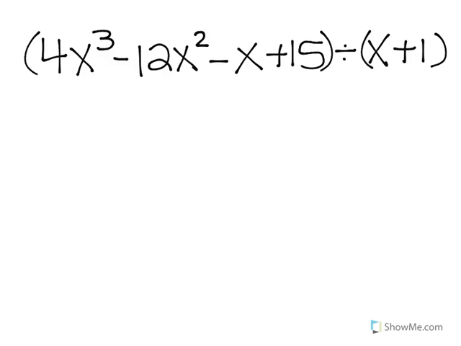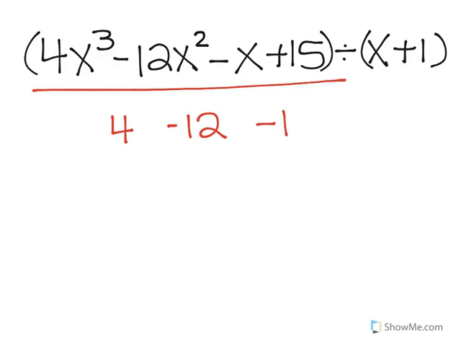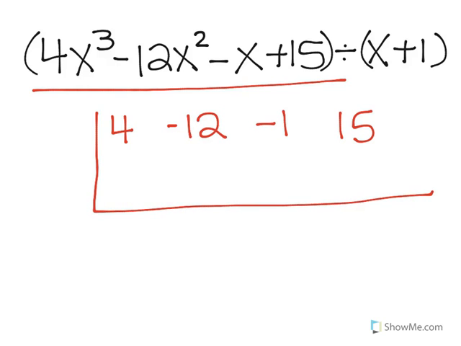The first thing we're going to do is take the coefficients of our dividend, what's being divided, and write those down first: 4, negative 12, negative 1, and 15. I'm going to draw my box. What goes on the outside is the opposite of this value right here that's plus 1. Since this is in factored form, I want to use this solution, which is negative 1. So I drop down the 4. I do negative 1 times that 4, and I get negative 4. Now we add this down,